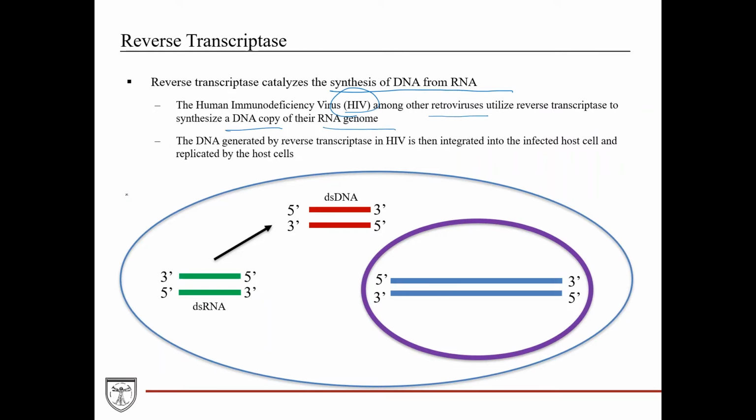So we'll show you in the diagram here, this is the host cell that's infected by the virus. The virus comes in like this, so this is our virus. It has double-stranded RNA, which is also unique. So this double-stranded RNA is copied by reverse transcriptase and converted into double-stranded DNA. Now the reason for doing that is so that this viral DNA can then get integrated into the host cell DNA, and then the host cell DNA replication machinery can actually replicate the viral DNA,